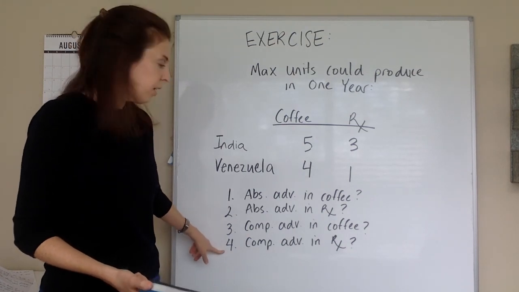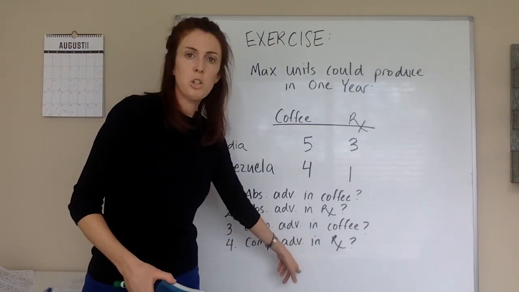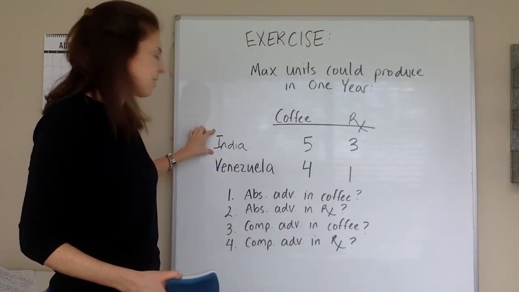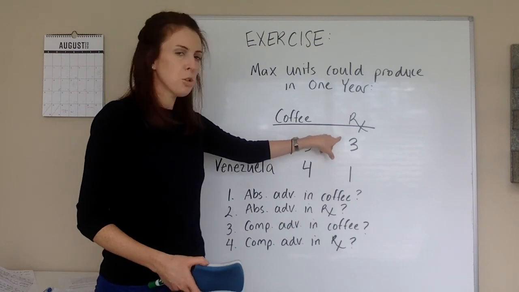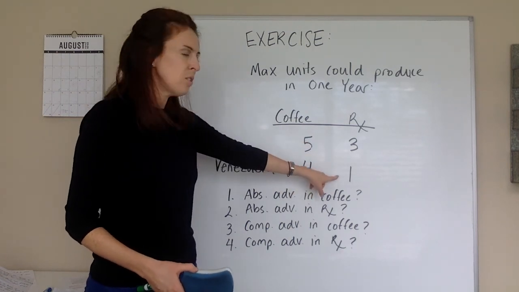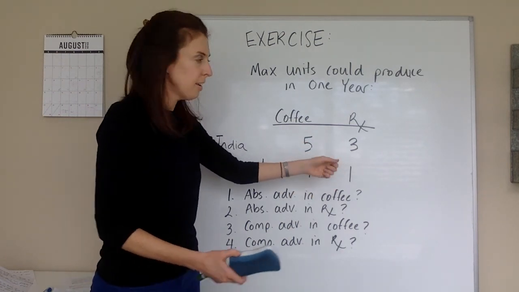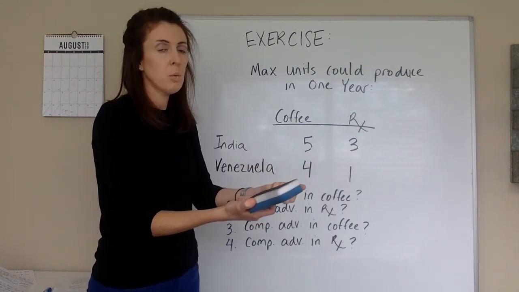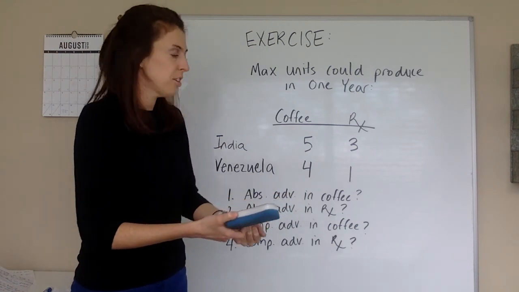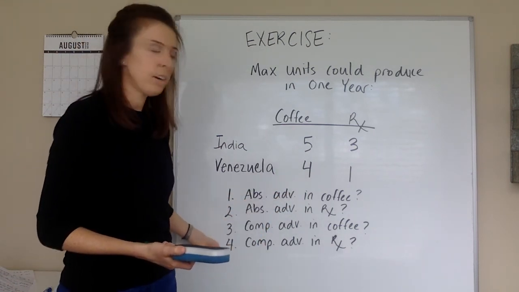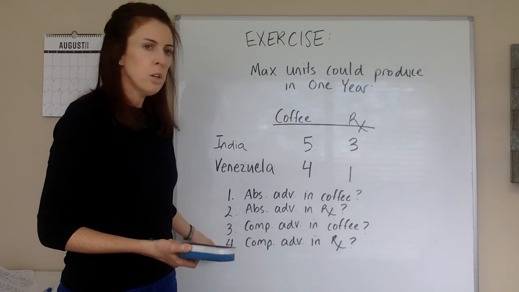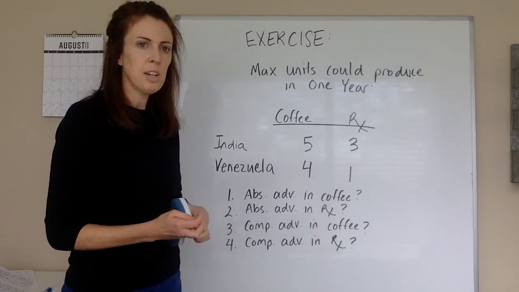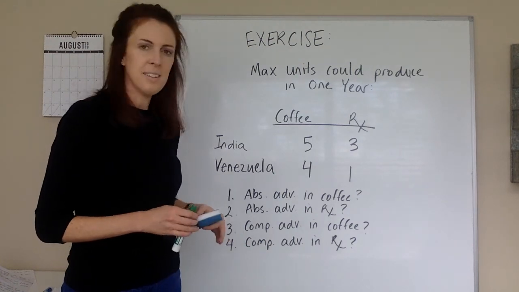Similarly, for number 4, when you're thinking about comparative advantage in prescription drug production, come back up to the table and say, what is India's opportunity cost to make 1 prescription drug? What is Venezuela's opportunity cost to make 1 prescription drug? Again, you're going to have 2 opportunity costs in your hand. You look at which one's smaller. Whichever one is smaller, that country has the comparative advantage in prescription drug production. So make sure that this is all clear for next class because we're going to build upon it when we finish up Chapter 3. So good luck on the exercise and enjoy the rest of your day.